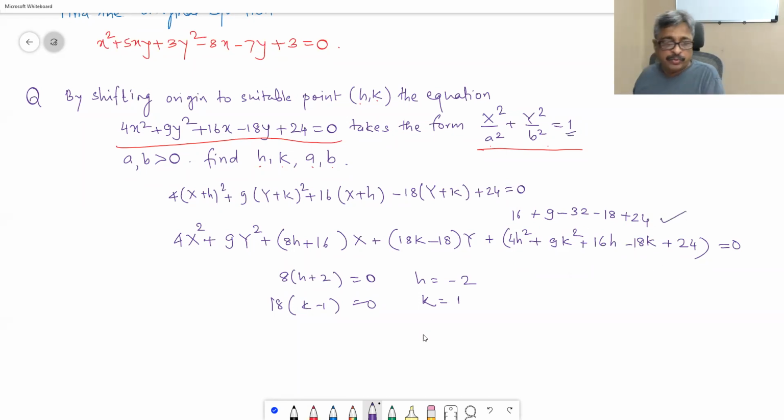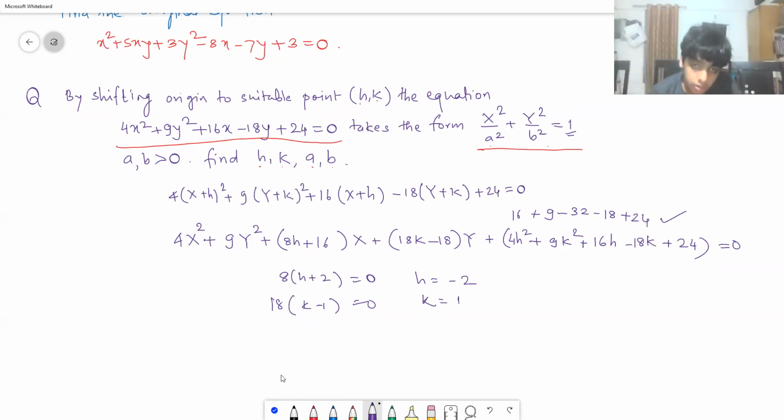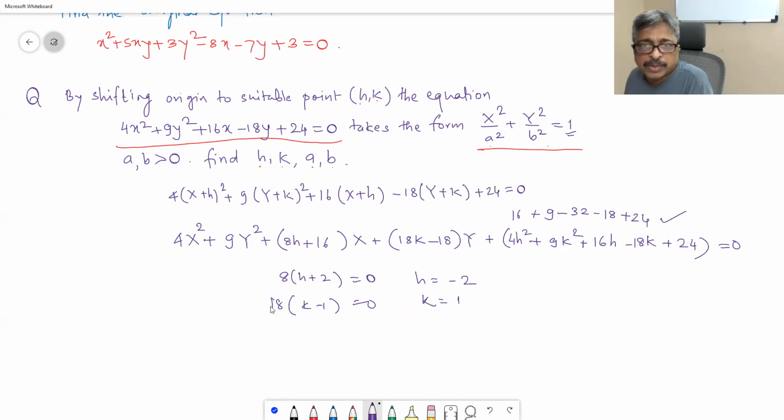Correct. So everything is going good. So h comma k is correct. So if h comma k is correct, then I am getting this equation. What is the equation that I am getting? This is -1, so that goes to the other side. Therefore 4 capital X square plus 9 capital Y square is equal to 1.